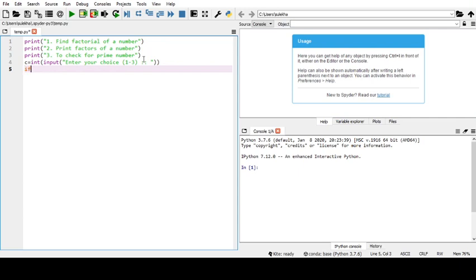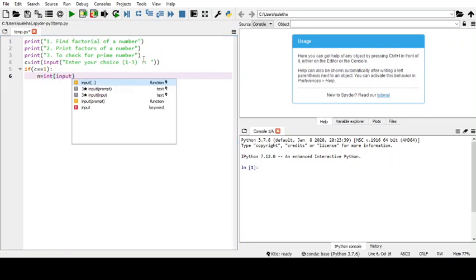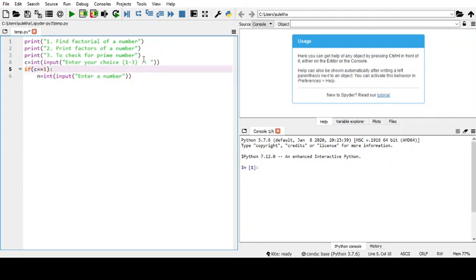Now I'll check if C is having value 1. I will calculate the factorial. So I'll ask the user to input a number. So n is equal to int input, enter a number.